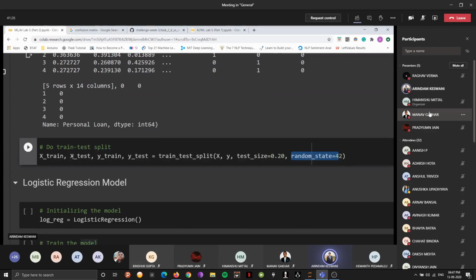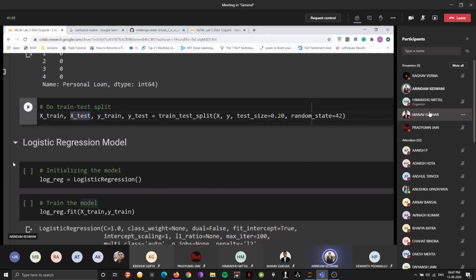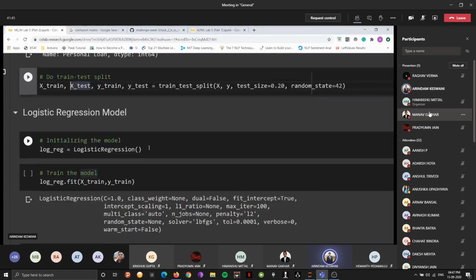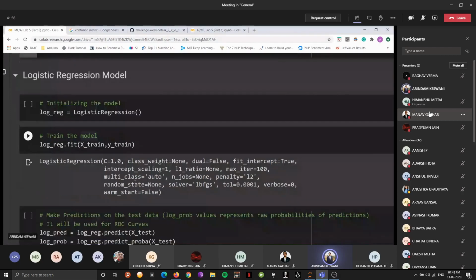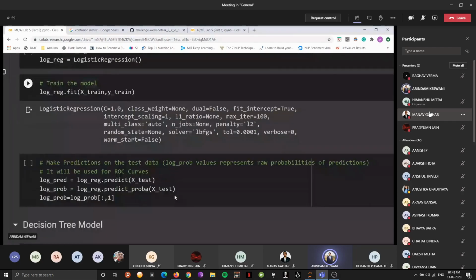And not just that, by specifying a number, I've made sure that whenever I split the data set, it will be split in the exact same manner, so that the output will be measured on the exact same data set for every single test that I'm doing. Now we simply initialize the model. Most of the work will be done by the computer. I've initialized the logistic regression model, and I've fit the training data in it, and it's working fine as we're getting a proper output here.